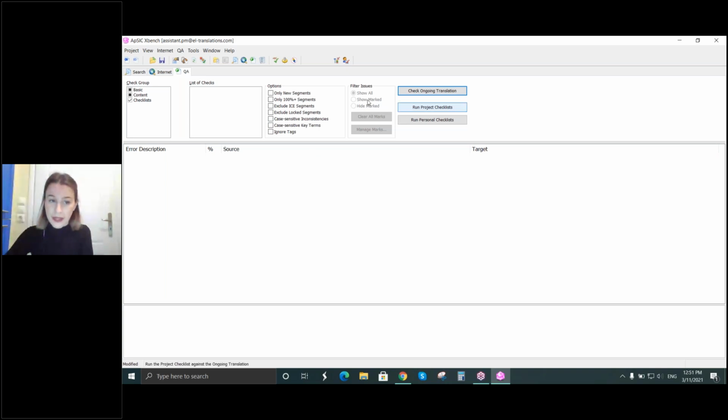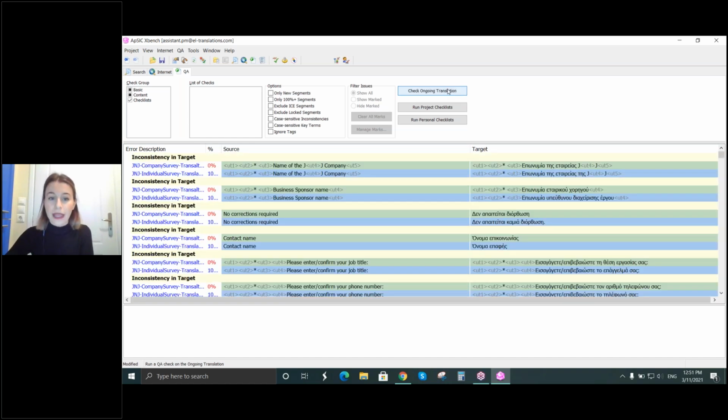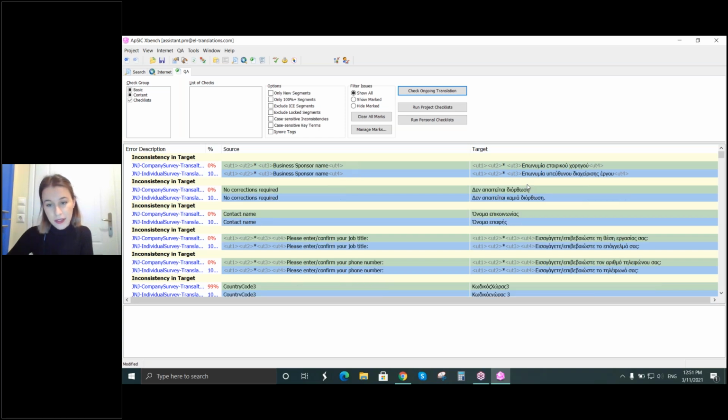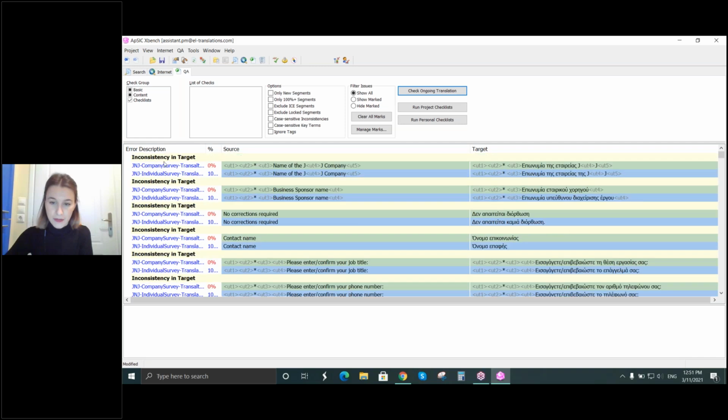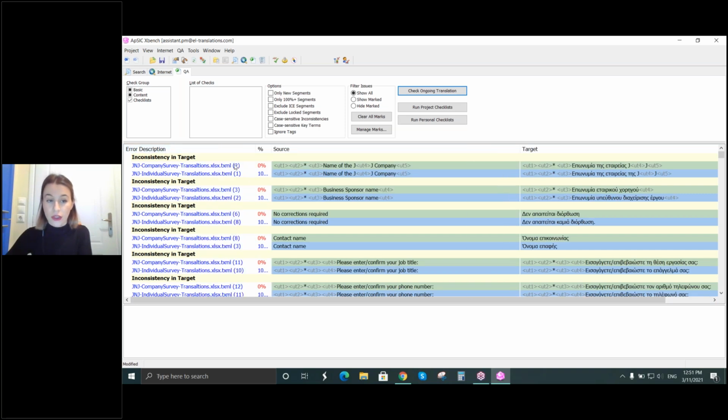So if I'm ready with my setup, I click on Check Ongoing Translation. And if I do that, I will be able to see everything that Xbench has spotted in my text. In black bold, I can see the type of error that Xbench found, which is an inconsistency in target. Here, I can see the files that this error is located at. The first one is the company survey translations on the second segment, as you can see here. Or if you click on it, you can also see it here,